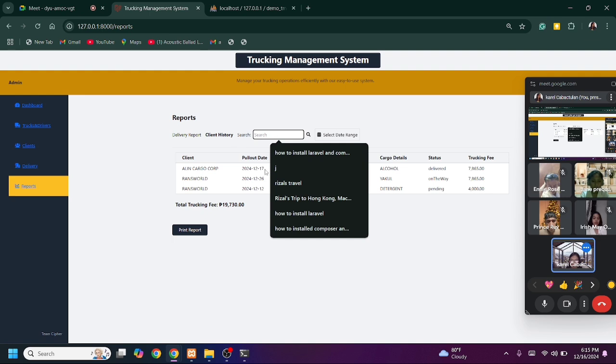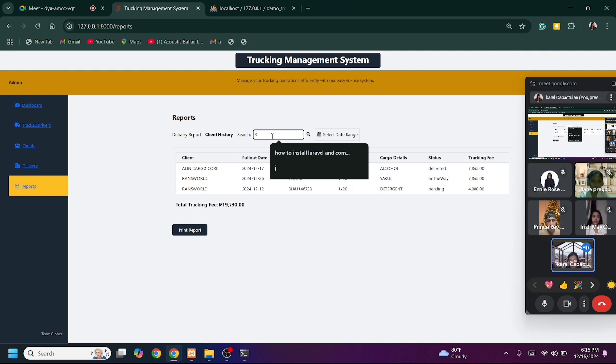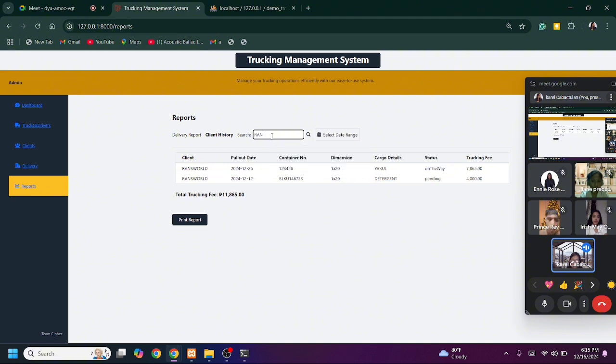In our search bar, if we only want to track certain clients, for example the history of Runs World, you can search it here. Then it will be tabulated in the table, and the total tracking fee will be automatically calculated.